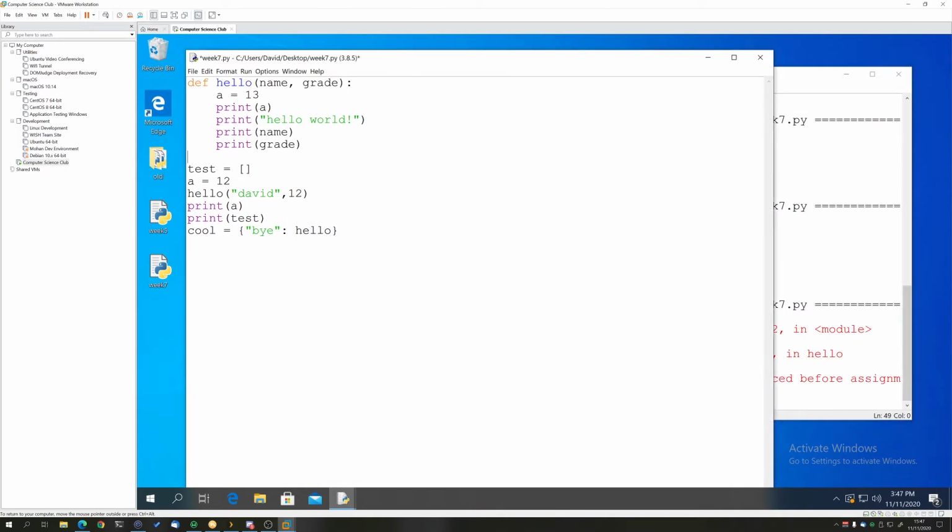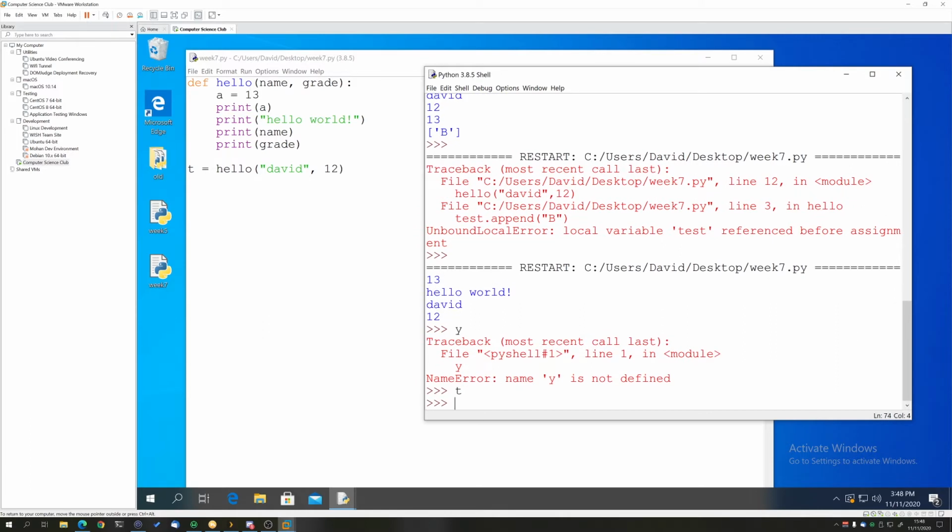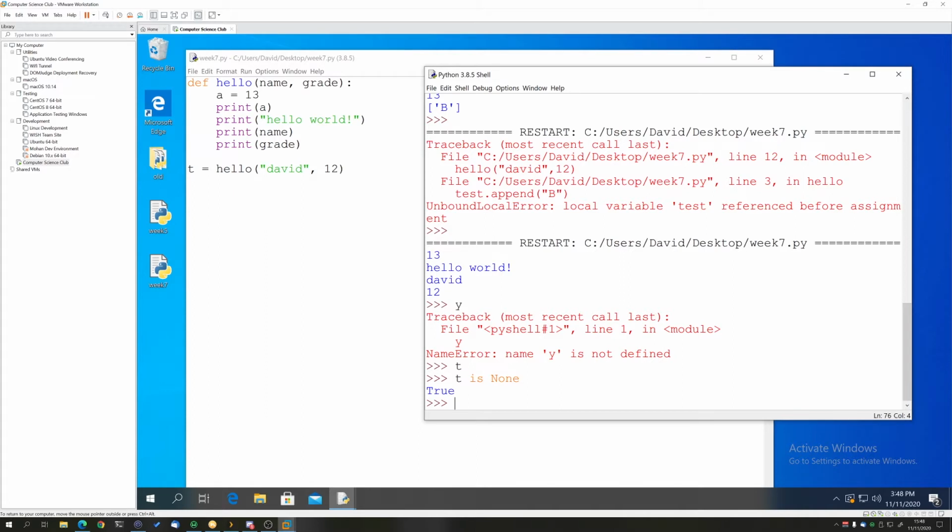So if I set, let's say, t equals hello 12 here, t is going to be equal to None, so t is None is going to be true.